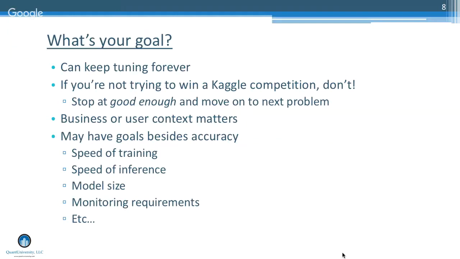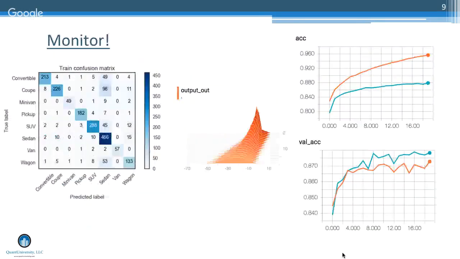Well, the additional things to note, right? We talked about this briefly yesterday. Accuracy is not the end-all and be-all of machine learning, right? Sometimes you care about how fast you actually get an answer. When you're doing inference, you might care about model size. We just talked about things like being able to explain what's going on. So understand your problem fully.